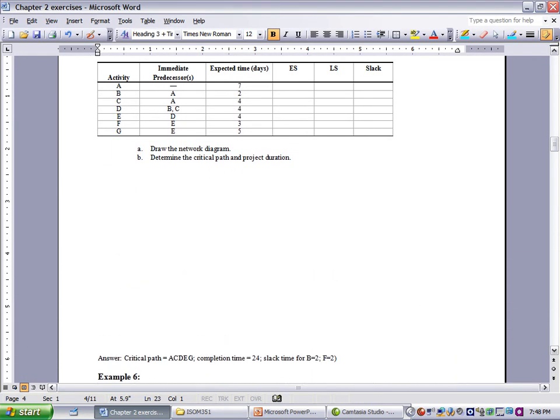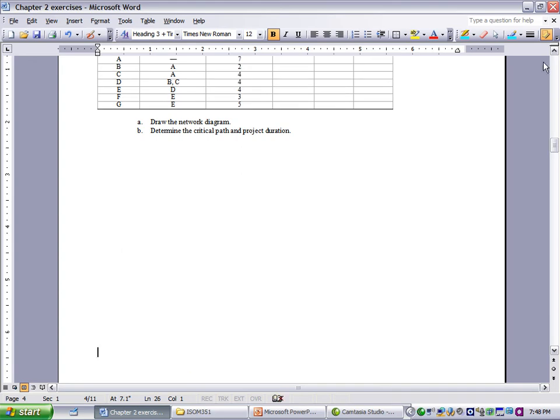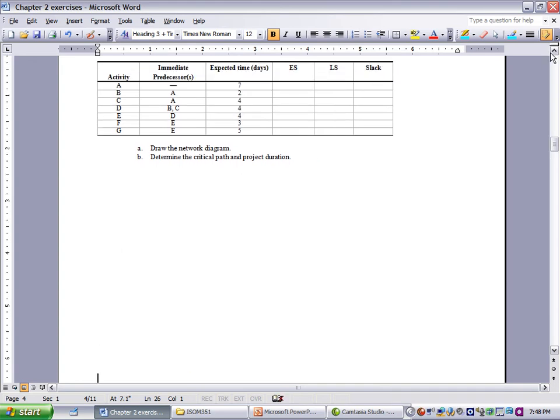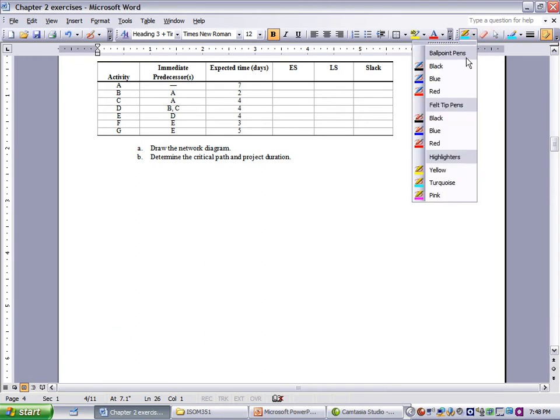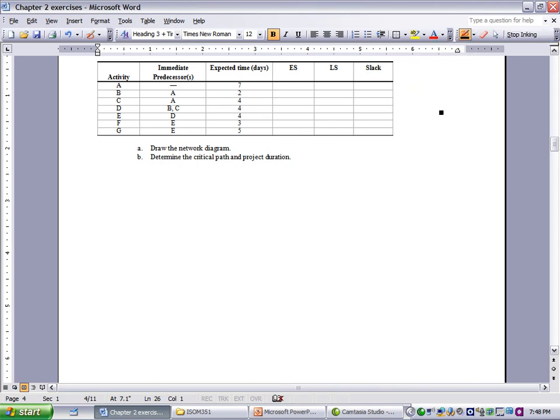You can start out by drawing a network diagram. This is going to be easier, not quite complex. So I'm going to start with start, and with activity A,